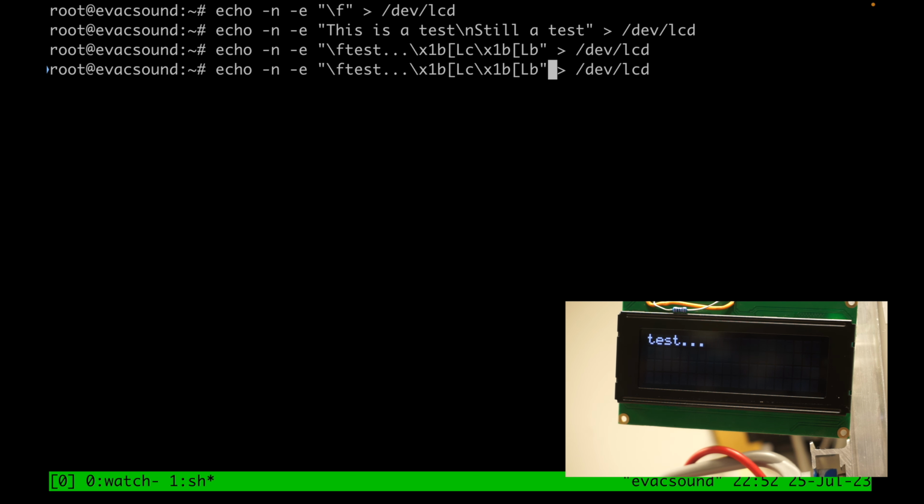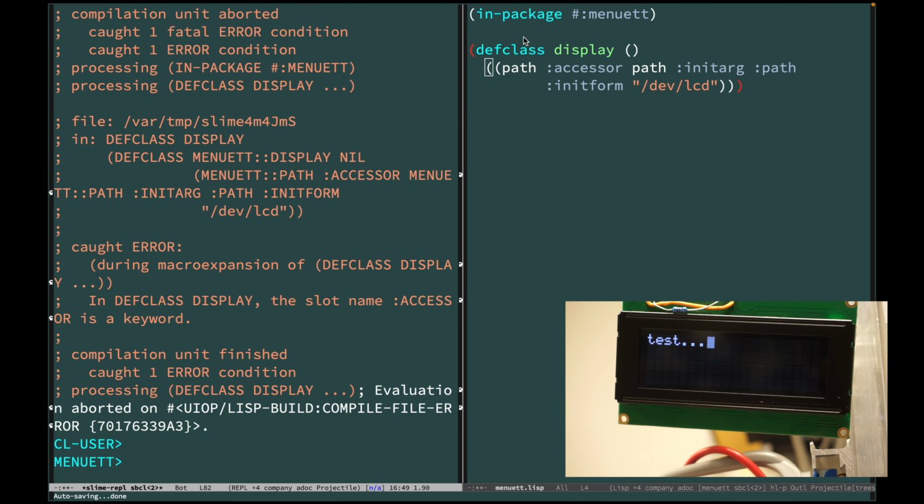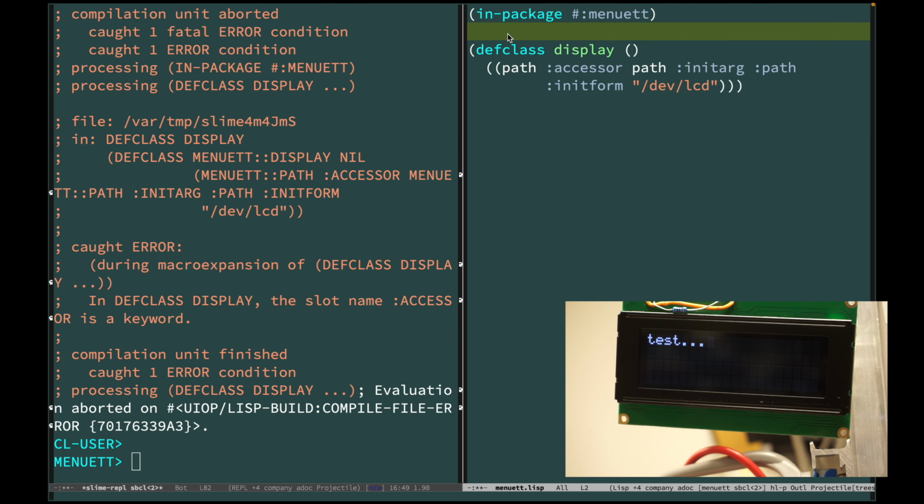We should probably enable the cursor, rather not the cursor but the blinking cursor. Oddly enough, this display has, if you see here, this is the escape sequence to enable the blinking cursor, and this one is to disable the underscore cursor. So it's a bit bizarre. A good thing to do probably is to code these sequences in